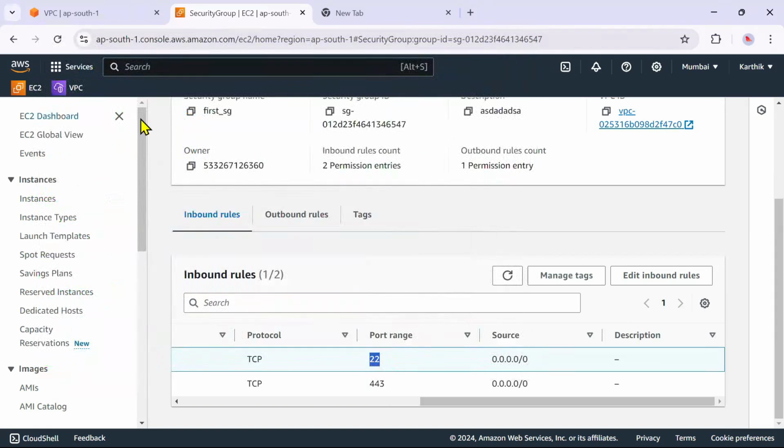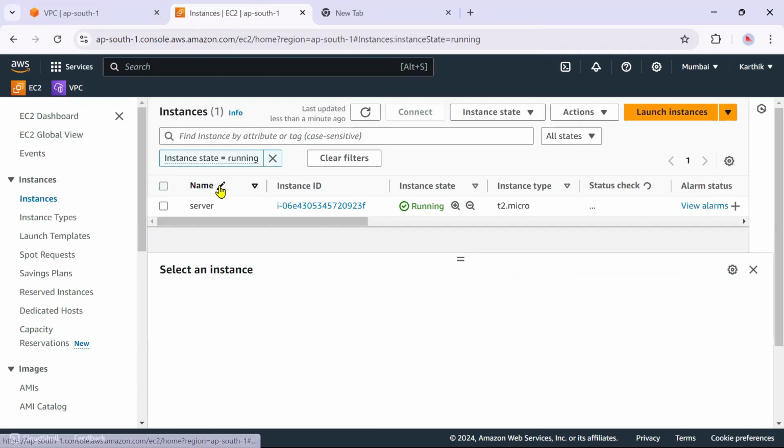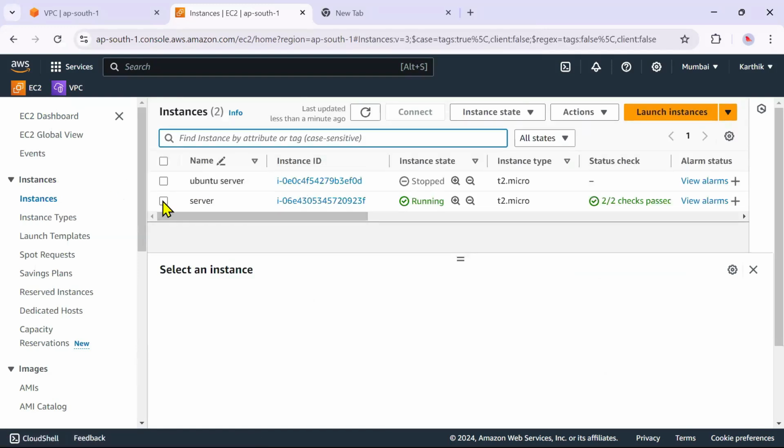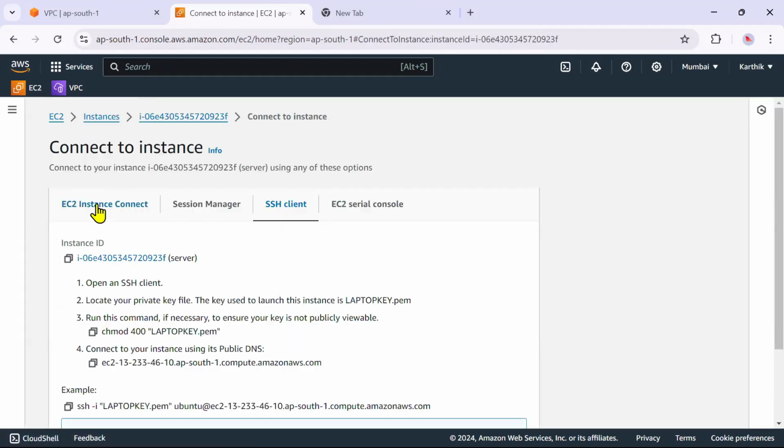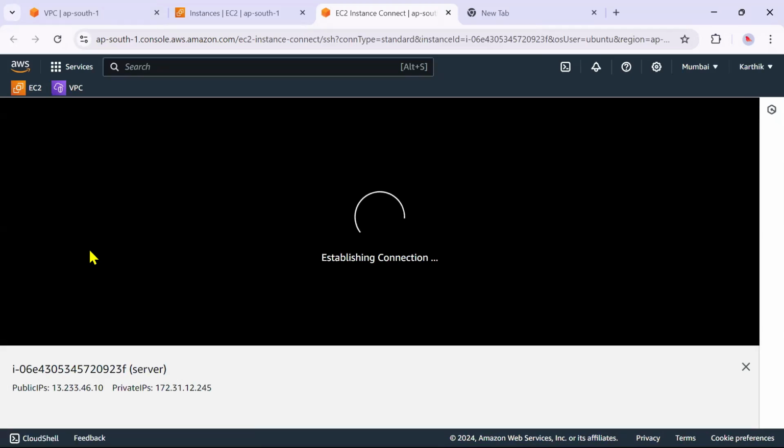Just come on. Just try to connect through this, EC2 Instance Connect. Establishing connection.